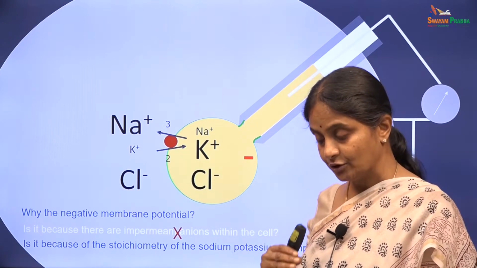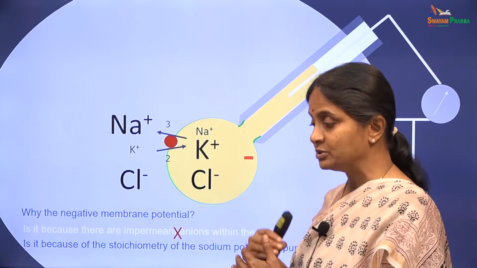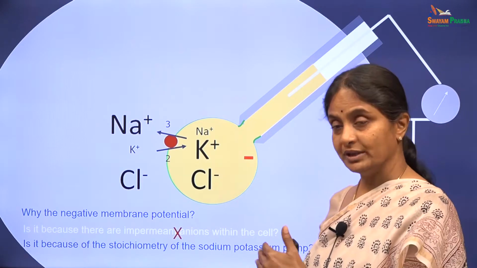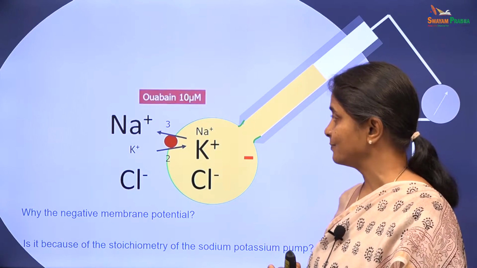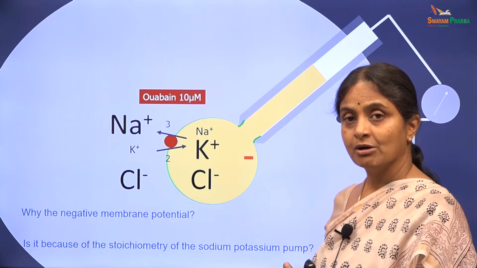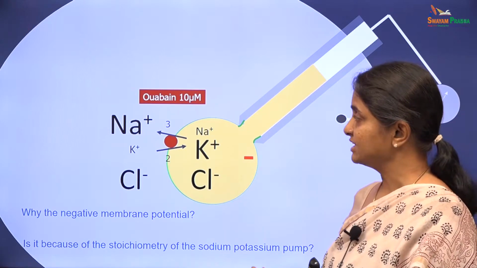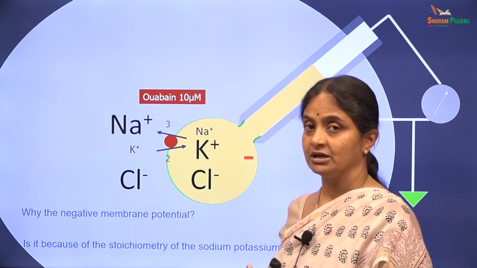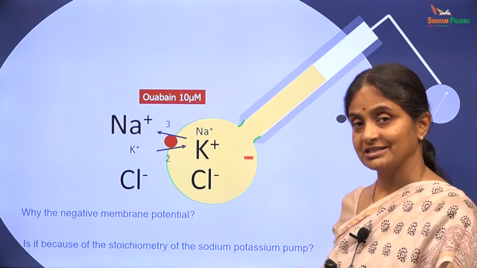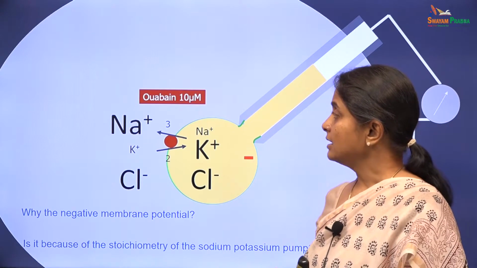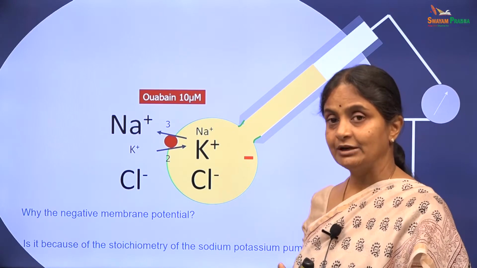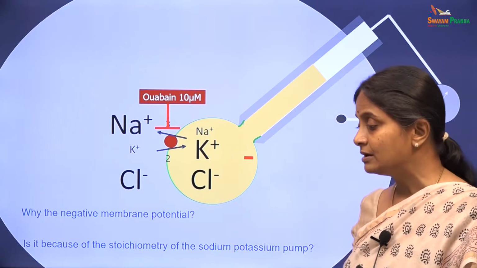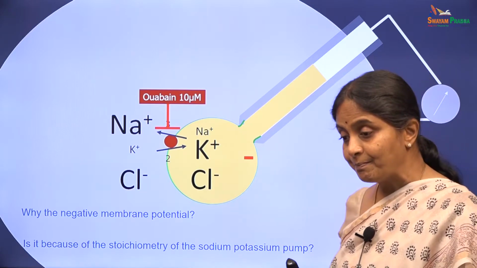If that pump or the stoichiometry of that pump was the reason for the internal negativity, then by blocking it, we can block it with the use of pump blockers like ouabain that's used in the research setting. There is also a therapeutically used blocker of the sodium-potassium pump, digoxin. Now, if we put ouabain at very low concentrations in the extracellular fluid and block the sodium-potassium pump, if that